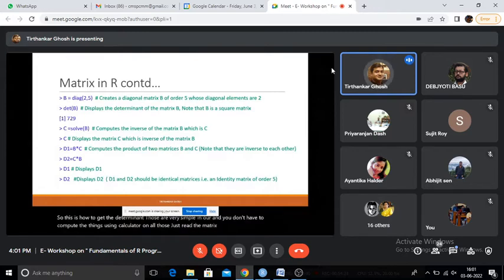Now getting the inverse is a bit different. If we need to invert the matrix B, then we write it like this. We define C as the inverse of B, and C equals solve within brackets B. So why solve? I think many of you are from a mathematics background.